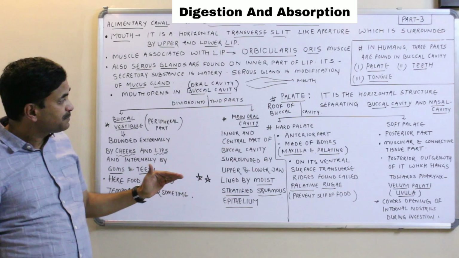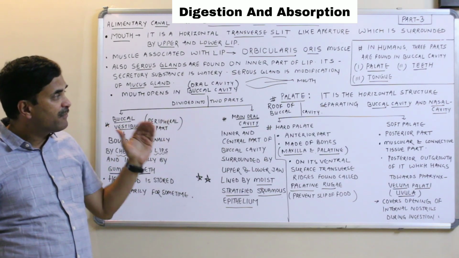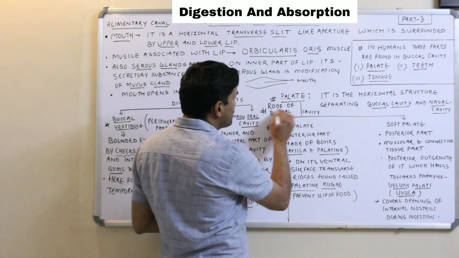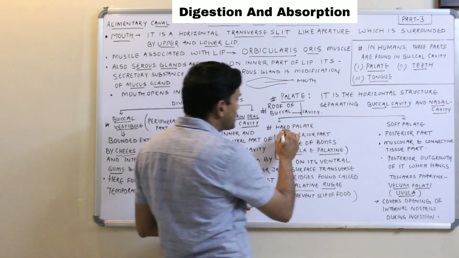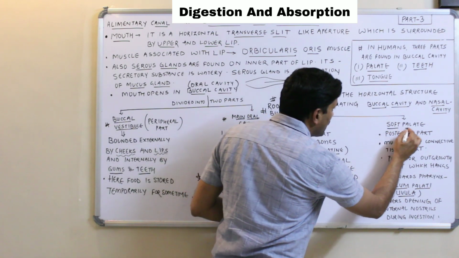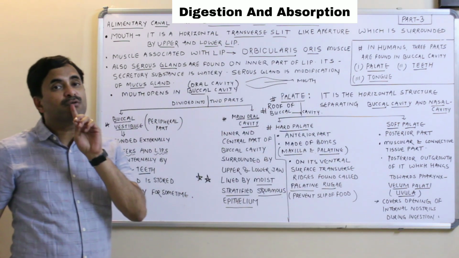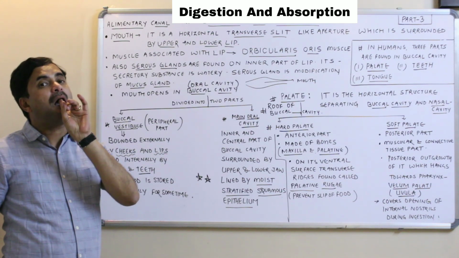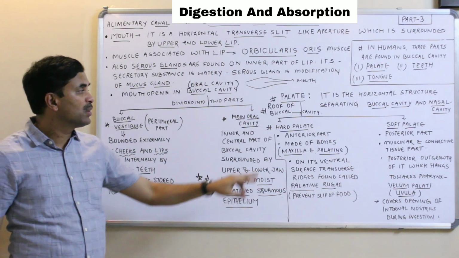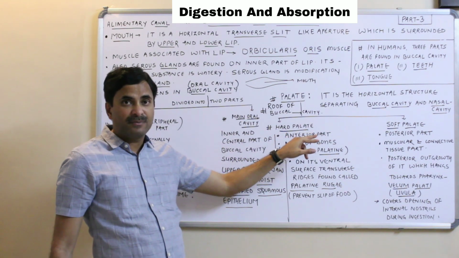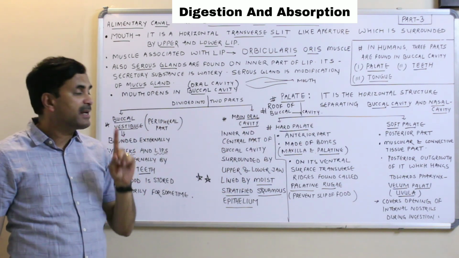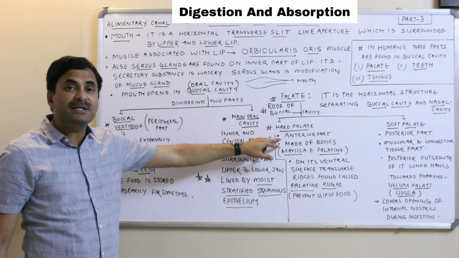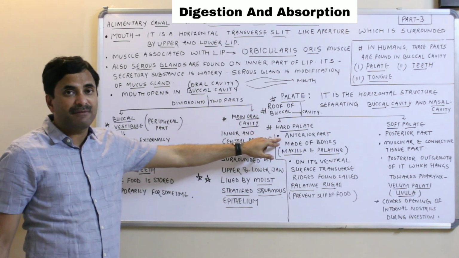Okay. Now this palate is differentiated into how many parts? This palate is differentiated into two parts. One is known as the hard palate, another is known as the soft palate. If you touch your palate, the anterior part of the palate is hard, and that's why it is called the hard palate. Hard palate is found in the anterior part of the buccal cavity,